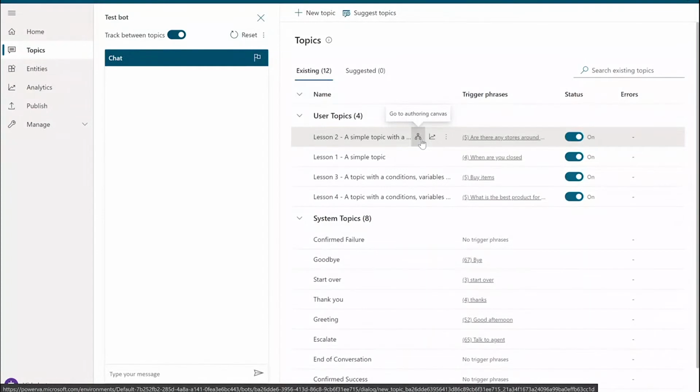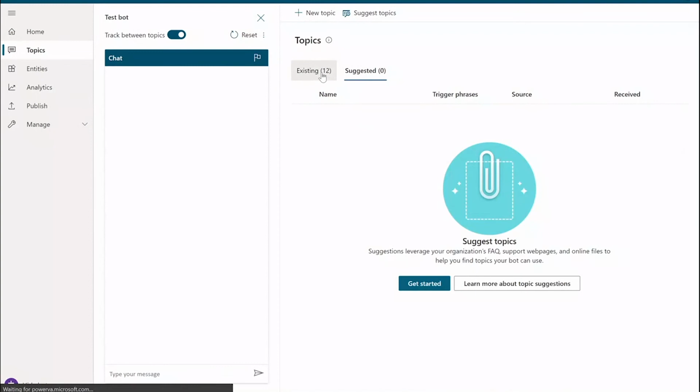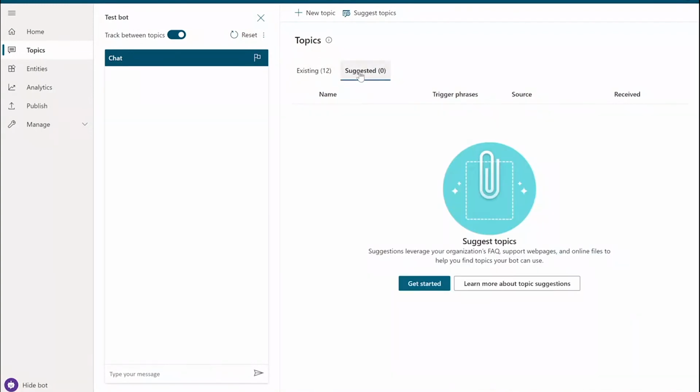Most of the topic authoring happens under the topic session, where you have the test client for a testing purpose, but also the list of topics over here. But one of the key, I would say, less discovered options here is the suggested topics, right? So many times we just go and start writing topics, creating topics, but suggested topics is a very powerful option for you guys in case you want to go and